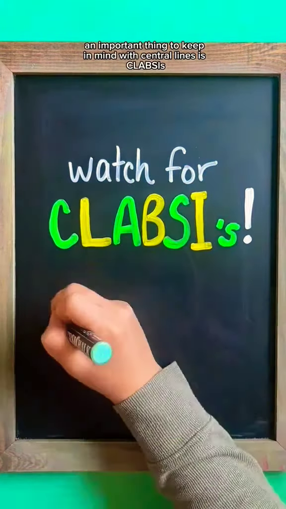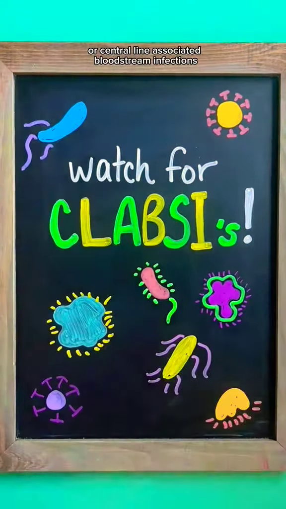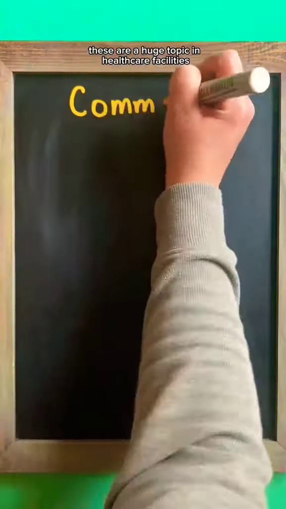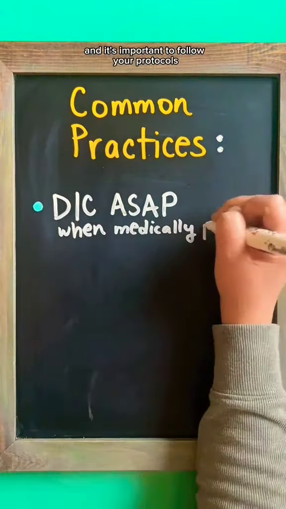An important thing to keep in mind with central lines is CLABSIs, or central line associated bloodstream infections, which is when bacteria enters the body through a central line. These are a huge topic in healthcare facilities, and it's important to follow your protocol